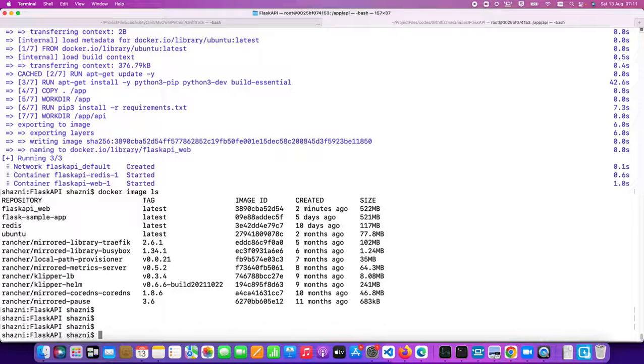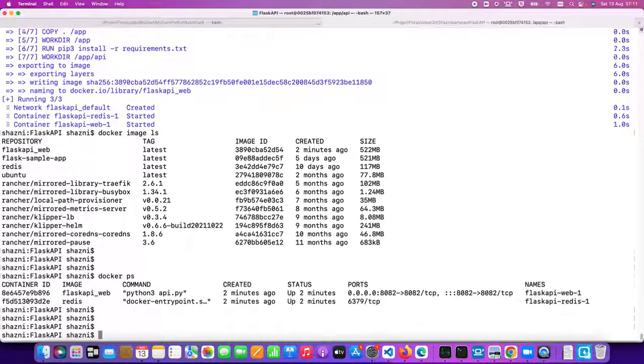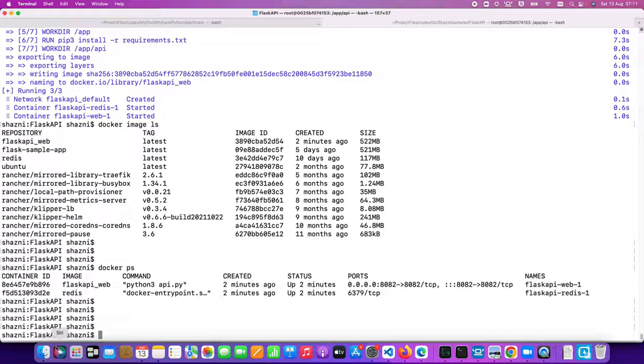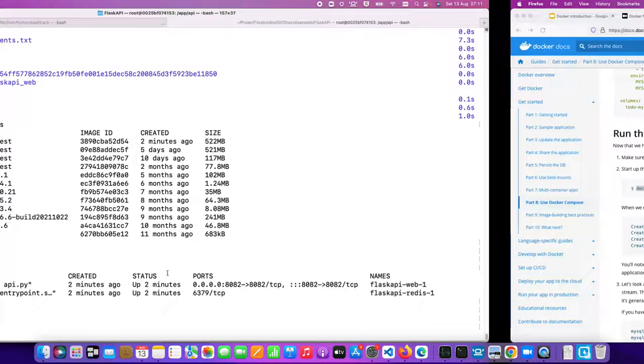So now let's look at Docker PS to see what containers are running. Obviously 2 containers are up and running already. Docker has come up with good names for them, and 2 IDs, and now the images are also mentioned. So let's go run our